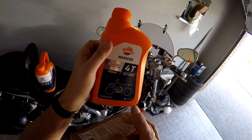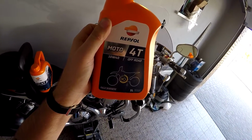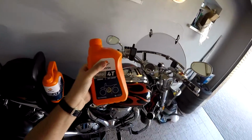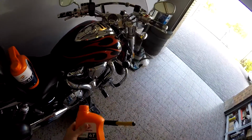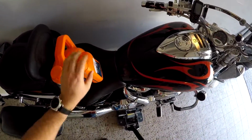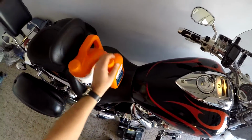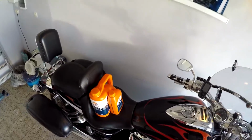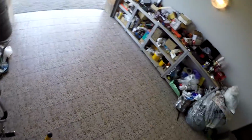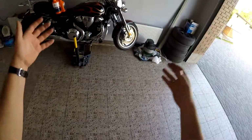I know that off-road bikes are highly loaded with high-performance engines, so they need really good oil. So I decided to buy this off-road oil for a not off-road bike, but I think it will work just fine. It's an off-road 4-stroke engine oil, full synthetic. So I will now describe the whole process that will happen to me and to this